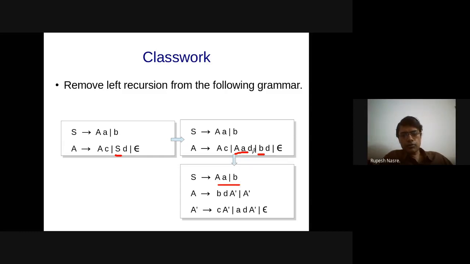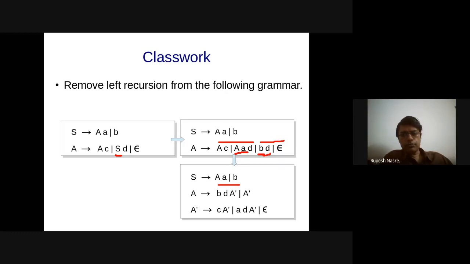A deriving. So now these two, the first two are left recursive, the last two are our betas. So I have BD, right? So that is the first beta 1, A prime or epsilon A prime. And then A prime is CA prime, AD A prime, and epsilon. Right? Let me check now if Raghu's grammar is the same.